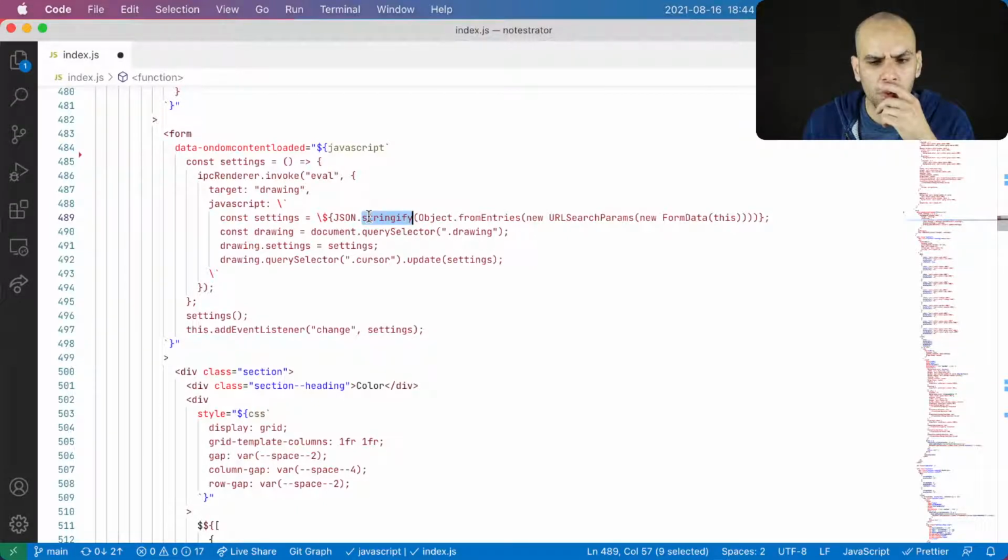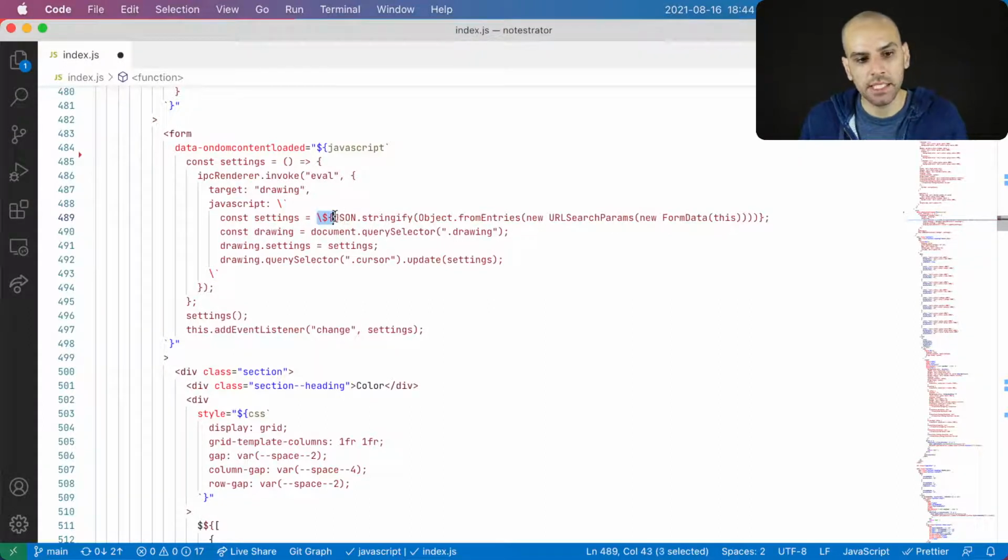Is this what I want? Yes, I want to convert this to a string, because then at this level, which is the JavaScript running on the menu area, because I escaped here